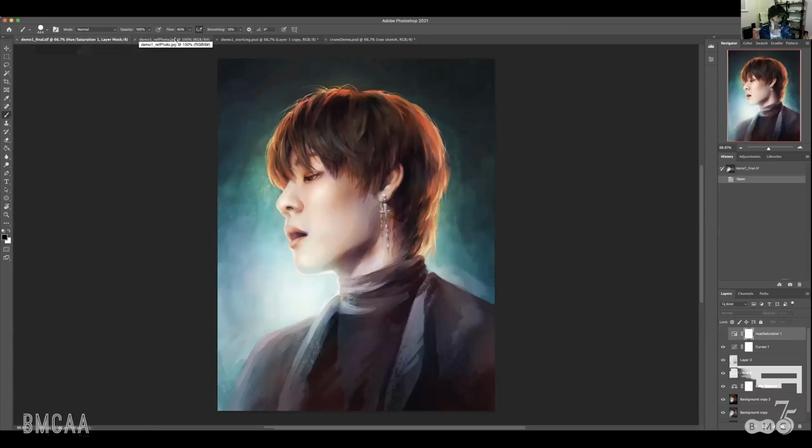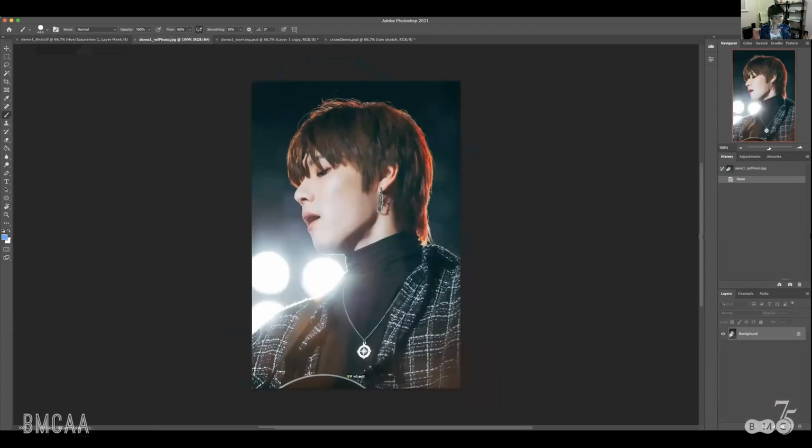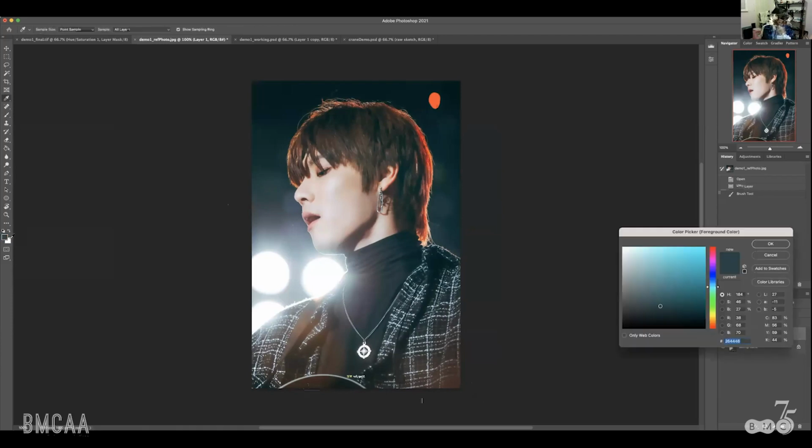so let's start with a color palette. This is the original photo that I used as reference. When I saw this photo, I really loved the red rim lighting on the hair. So I'm just gonna grab that with a color picker tool right now. Something like this. So I really loved that red rim lighting. But I felt like the rest of the image is a little desaturated, so I thought I could make it more interesting. If you color pick from the background and then open up the color picker, you can see that,